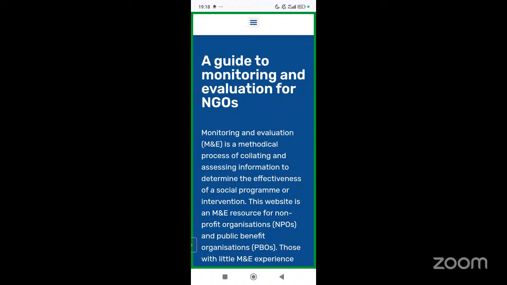They can design a program and say this is for people from the age of 18 to 25. If somebody who is 26 years old benefited from that program, according to the monitoring and evaluation standard, that is wrongful spending. It's very strict like that.